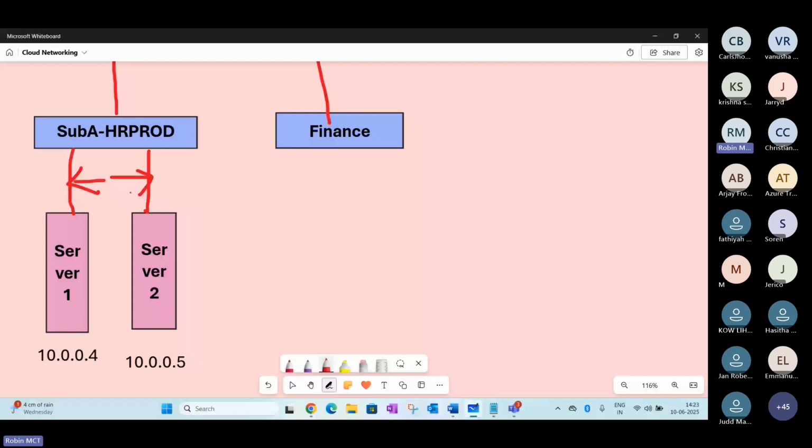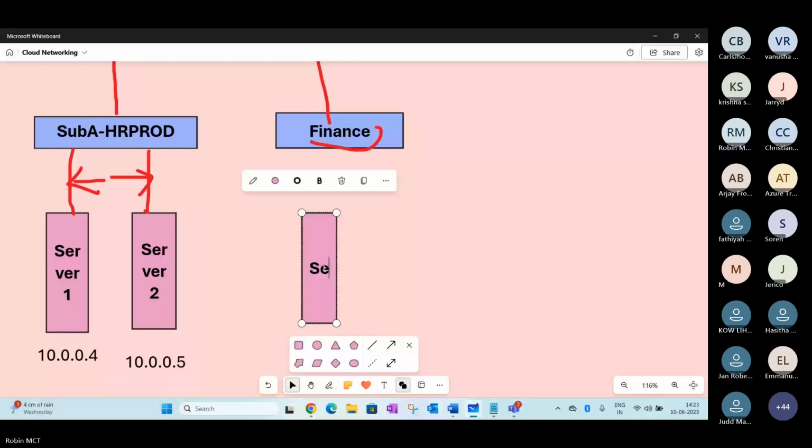That is the first case study we are trying to understand today. Second scenario we are trying to see here. I have another subnet available called subnet B. Tomorrow you have another device, configured in a different subnet, but in the same VNet and in the same data center. Is there any kind of communication, or do we need to enable anything from our side? That may be the second case study we are trying to discuss today.